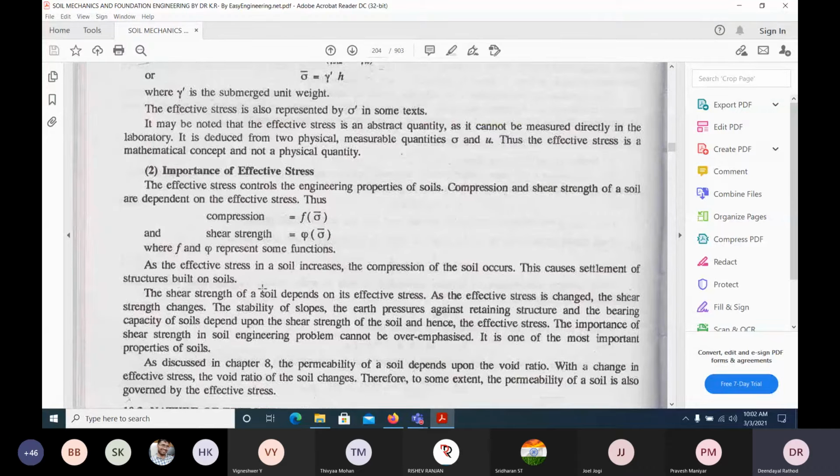If that is there for dense soil, it will be more, right? For loose, it will be less. So if the water table is added to that, what happens? That would be disturbed, right? The effective stress between two particles would be disturbed, because the water table comes up, or when you saturate it, what happens? The effective stress decreases.